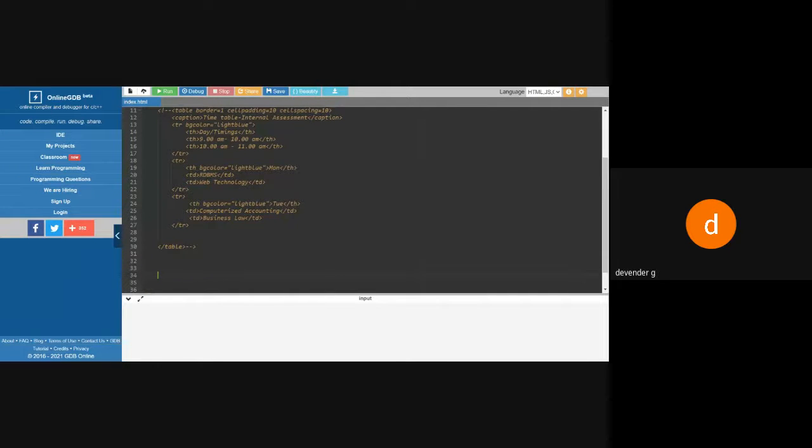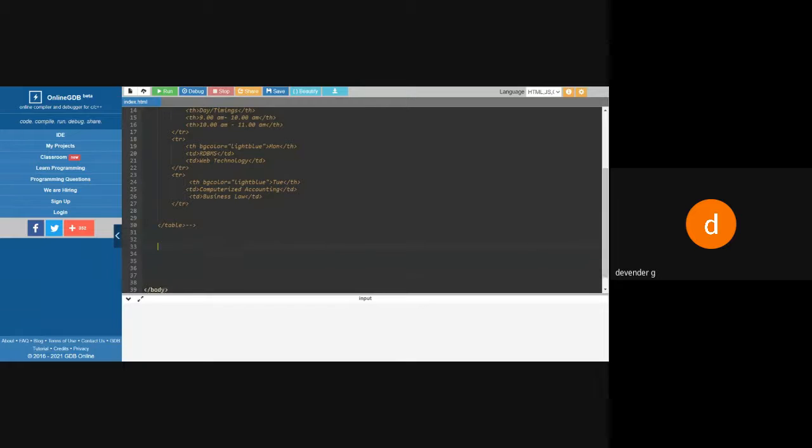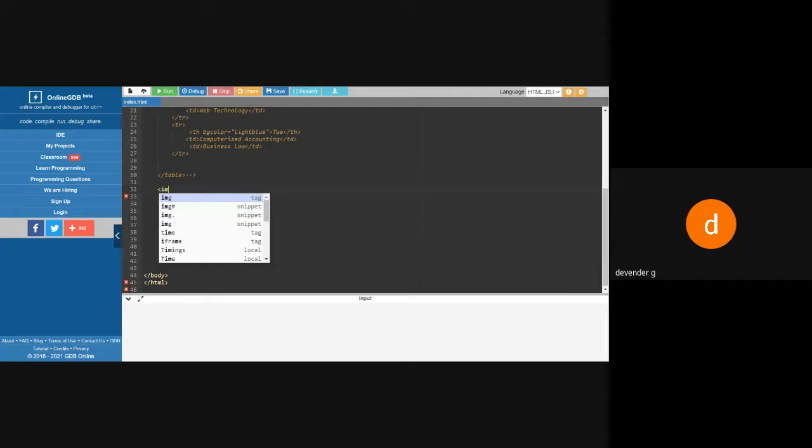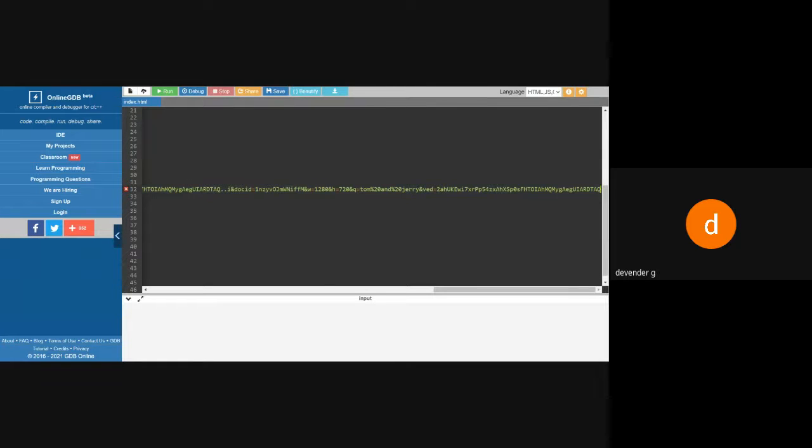Now we are going to write the code over here. The code is to place the object on the screen. So I'll say image src. What is src? It's the source. I need an image as an object, so for that I'll be using the tag called img. Source means from where you want the picture, the location of the picture. This is the location of the picture which I copied from the website.